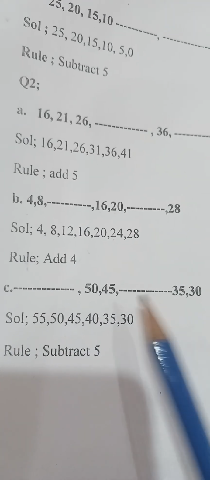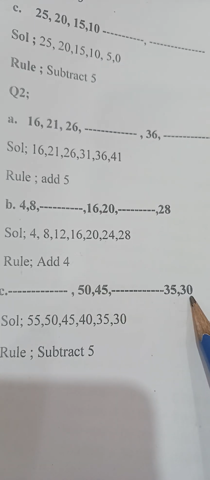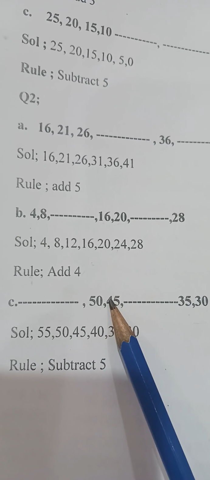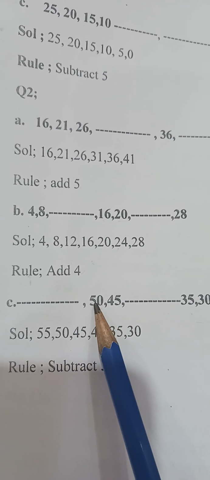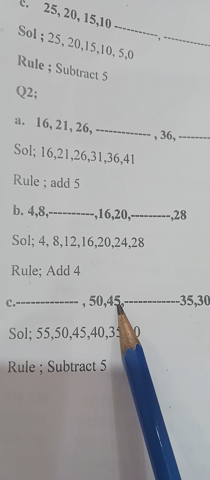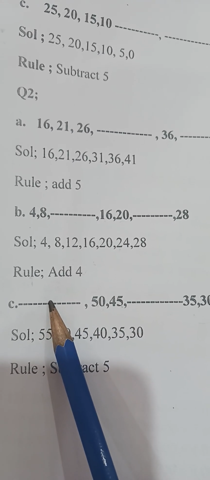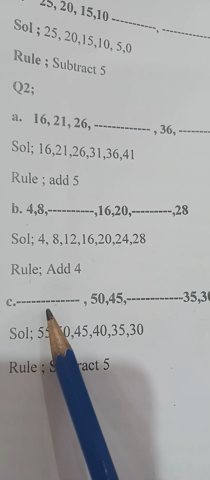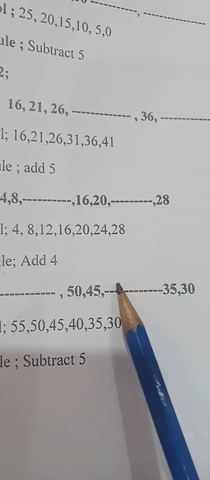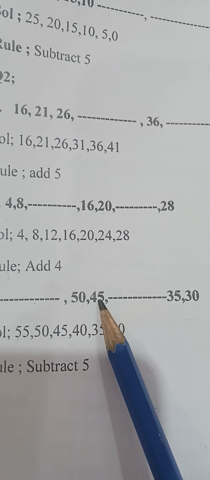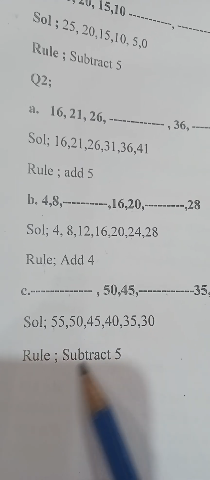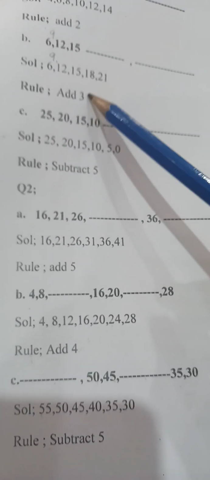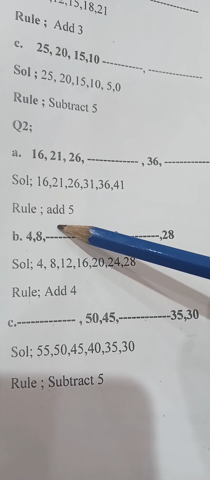In part C, we are given 50, 45, 35, 30. Means that 5 is reduced in each value. So we will subtract 5. So subtract 5 from 50, we get 45. It means the first value is 55. If we subtract 5 from 55, we get 50. So the first value will be 55. Similarly, if we subtract 5 from 45, we will get 40. So the rule is subtract 5. So you have to solve 3 parts of question 1 and 3 parts of question 2 of exercise 1D